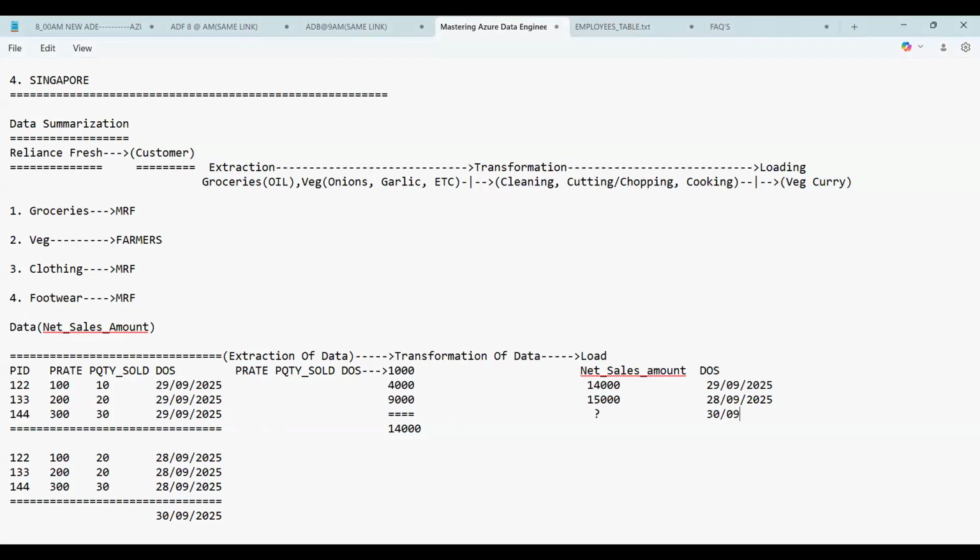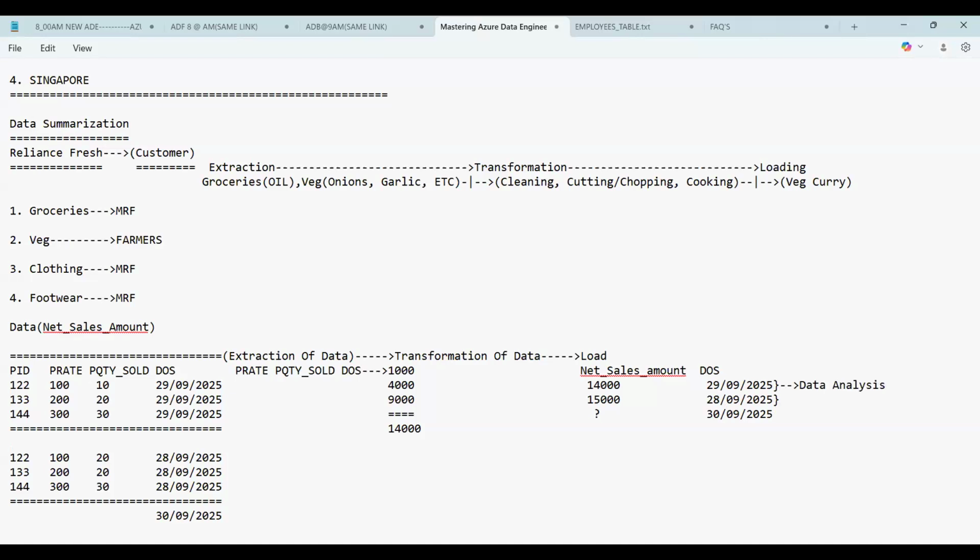Now, guys, can you see here? Now this is the future one. To find out the difference between the 29th day and the 28th day, what we have done is we have compared the data here. So this is called data comparison. This data comparison is called what, guys? Data analysis.